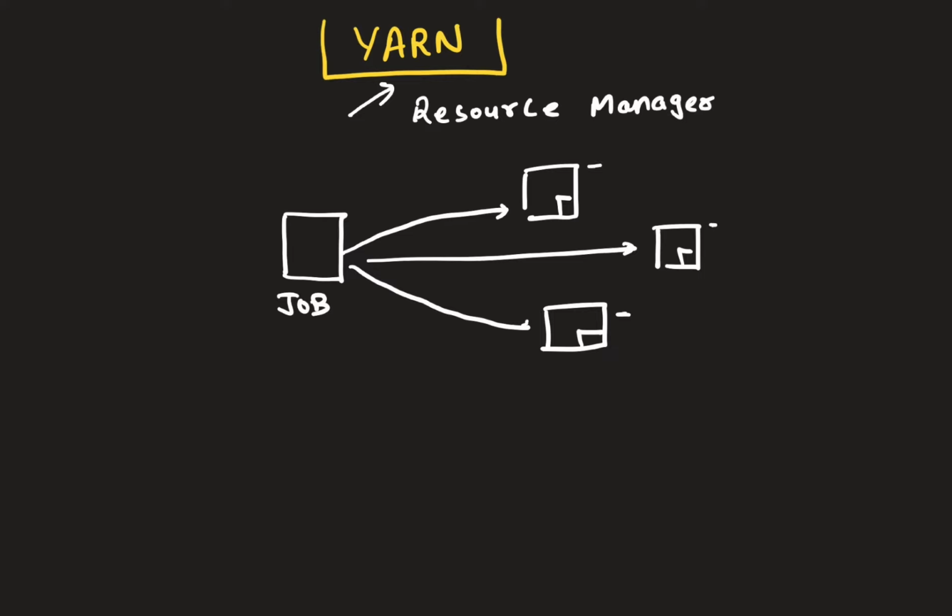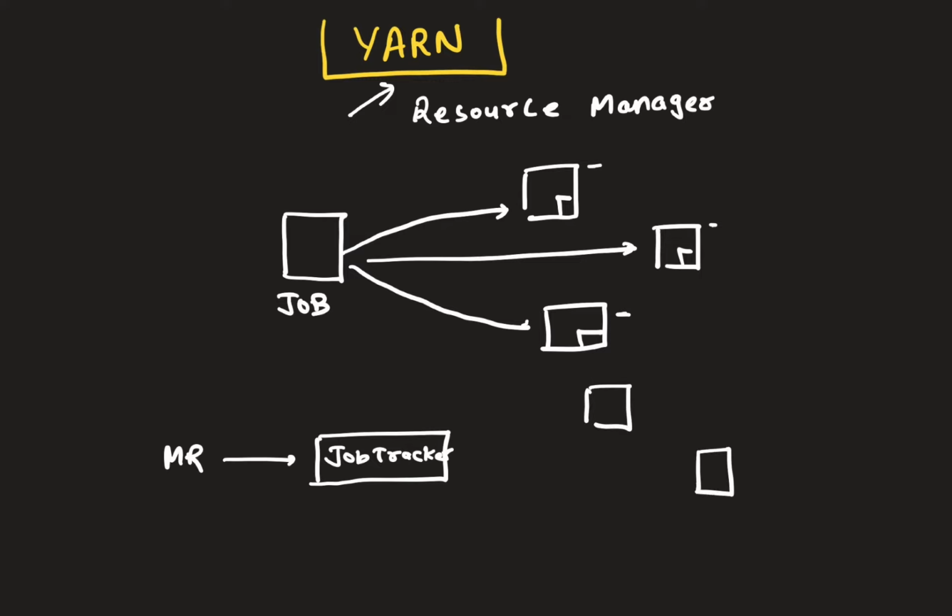So that was the concept of the big data framework at a high level, and that is how the Hadoop framework works internally, right? Now if I take an example of MapReduce, how it used to happen. Let's say you have a MapReduce job, so you submit the MapReduce job, then the job gets submitted to a job tracker. You can think of the job tracker as a tracker which will manage your job, right? So you submit your job, and the role of the job tracker was that it will find out all the relevant nodes where your job execution needs to happen, right? So the job tracker will find out all the nodes.